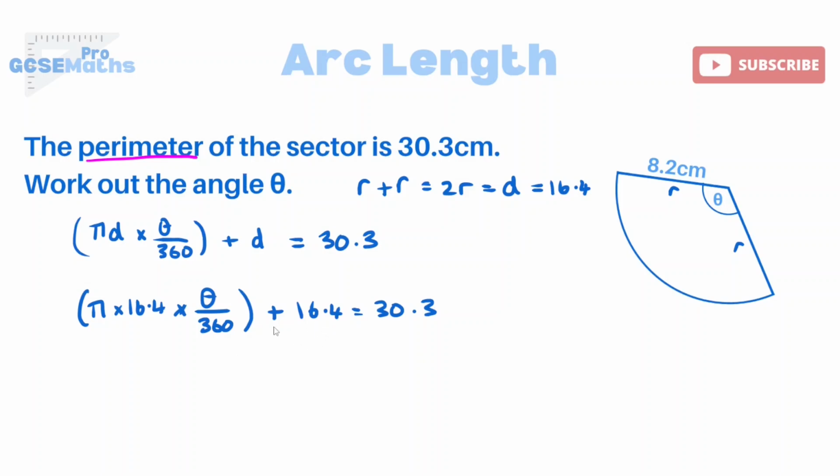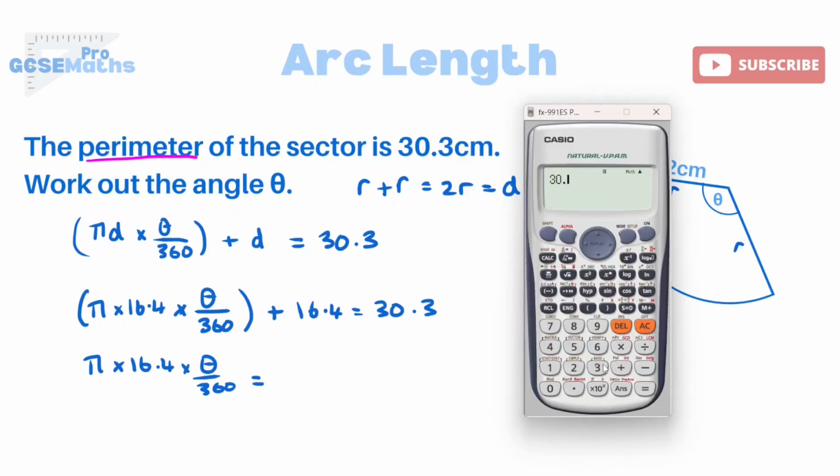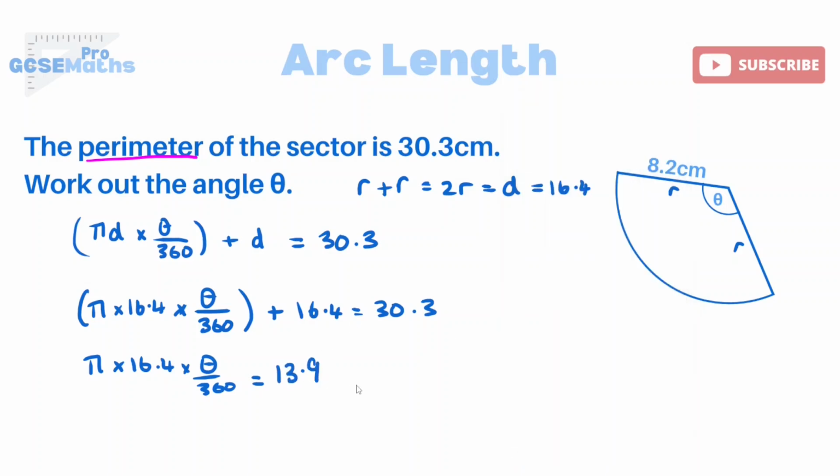I think the easiest thing to do is to move the 16.4. Let's just subtract that straight away. Take that away because obviously it's currently added. So then my brackets will open up. I've got all of this times together, which equals 30.3 minus 16.4, which gives me 13.9. So we've got 13.9 here. Now, I'm trying to get to the point where I've got the theta, this angle, as my subject. So I think what I might do now is